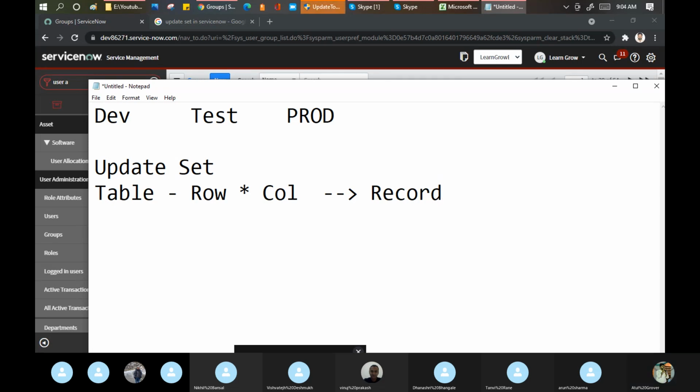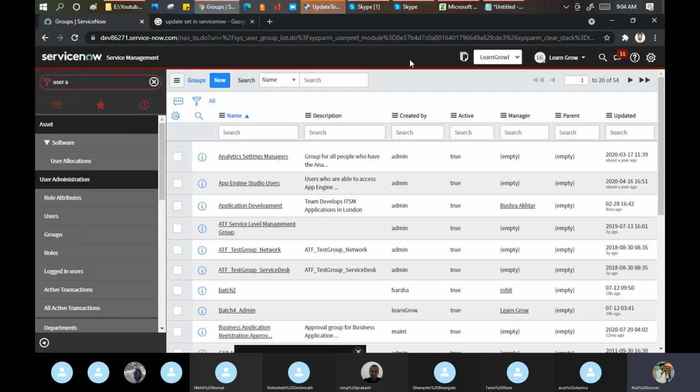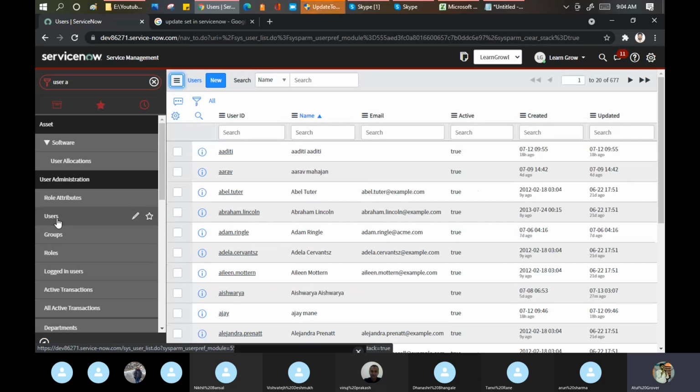A table is a combination of rows and columns. When you put anything in the columns and create one record, that becomes a record for me. It means all the data you can see here, either user, group, incident, change, problem, update set, these are all called records in ServiceNow.